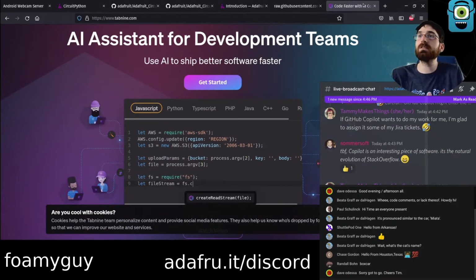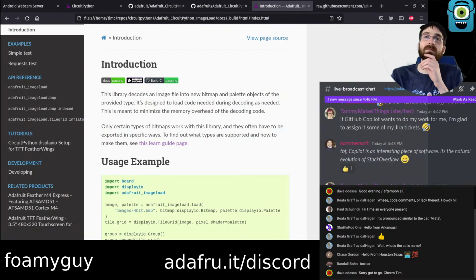Because I will admit, I am a big tab completion IntelliSense abuser. If I can type two or three letters and it will know the rest of it, I will let it do the rest every time. I will pretty much always let it guess. And if it's going to be right most of the time, then I'm happy with that. I should maybe look into Copilot.